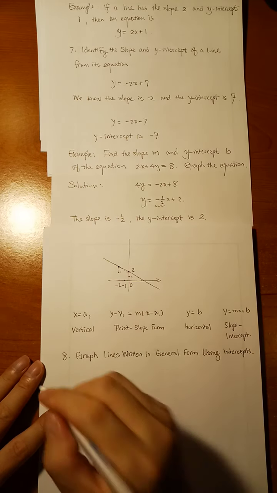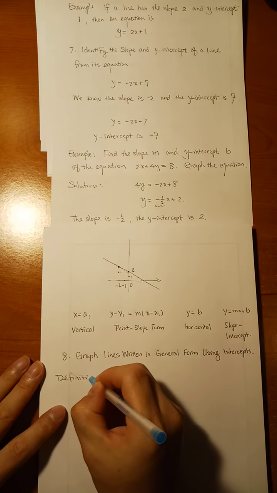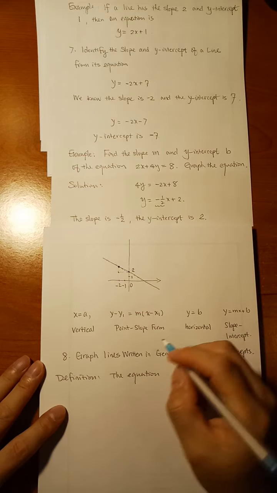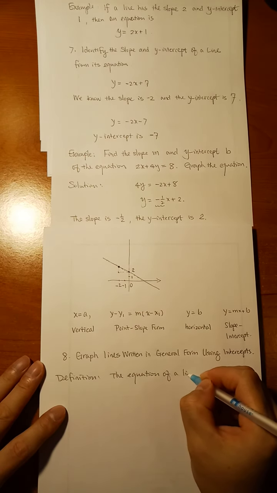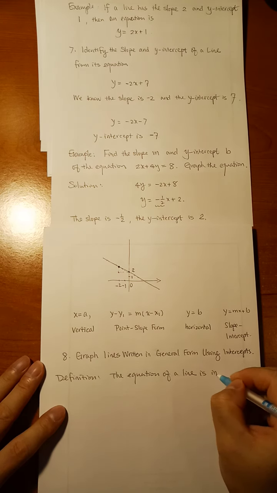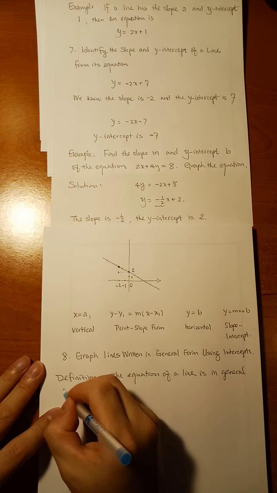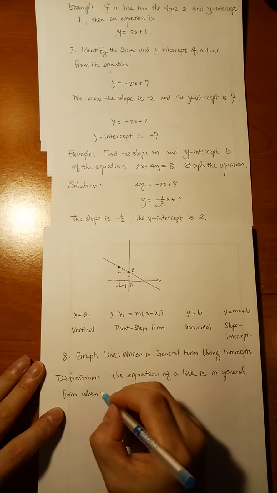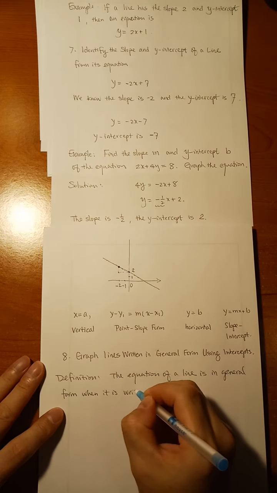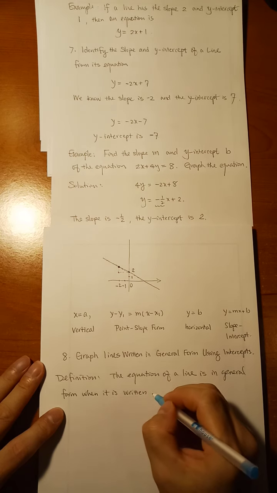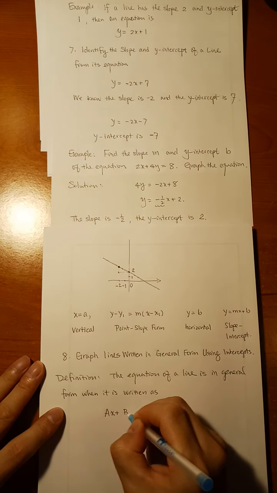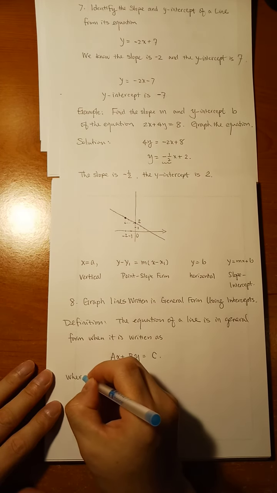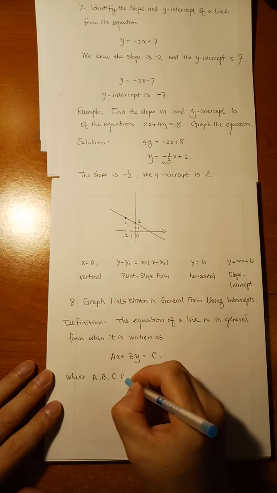Okay, so what is a general form? Let's see the definition. The equation of a line in general form is written as capital AX plus capital BY is equal to capital C, where A, B, C are real numbers